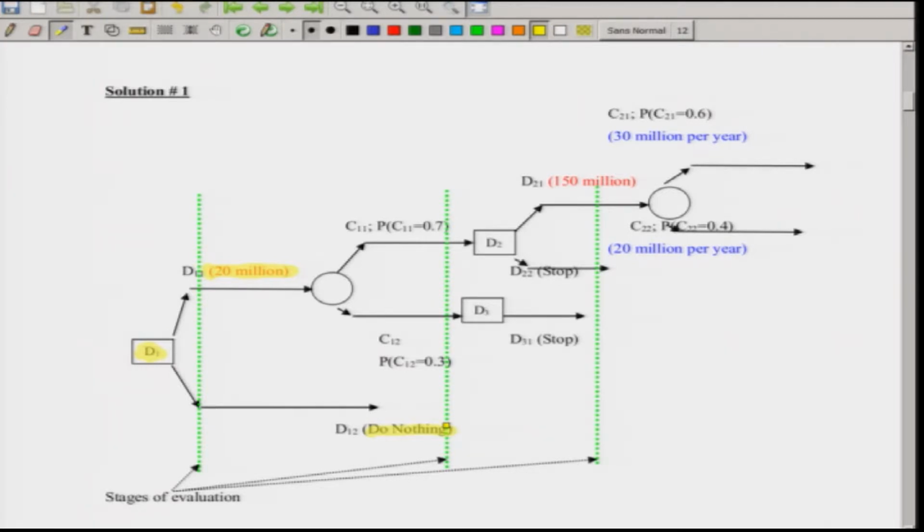Now, in the second stage, once you have invested 20 million to do the pilot plant and the marketing, as I mentioned in the problem, there was a 70% and 30% probability that you should continue with building the main plant and continue with the business, and a 30% chance that you do nothing. So, obviously, from C12 where you stop and do not take a decision, the probability is given as 30%, which I have already mentioned.